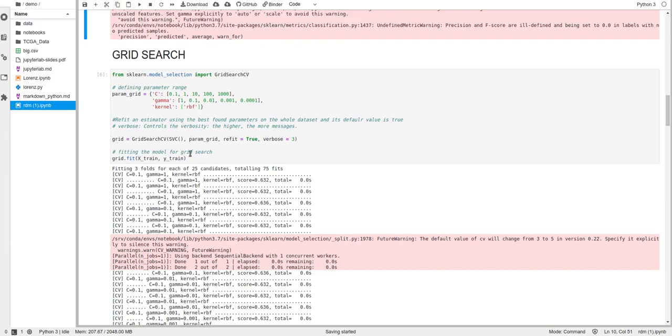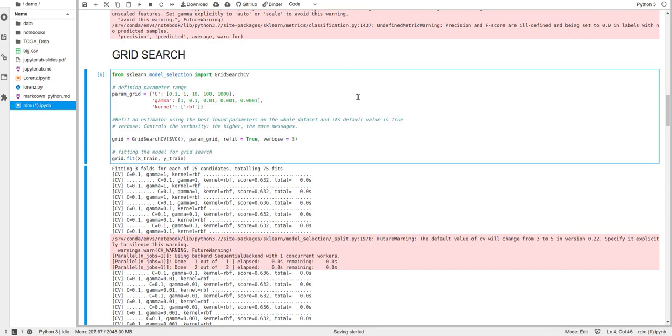Now we will train our model by using fit. Fit will help to find the best parameter combination, the thing which helps us to increase our model accuracy, and this is what we use here with grid fit.